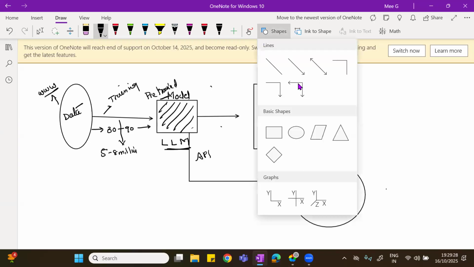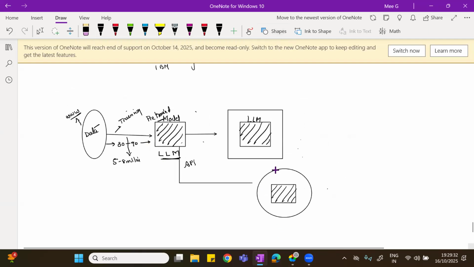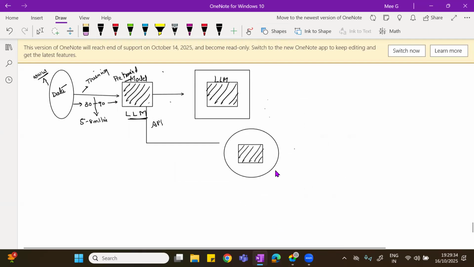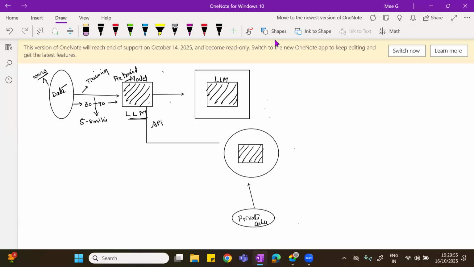Let's say this is my private data, my customer data or client data. I want to give this data to the LLM. Remember, I'm getting this to my local system. Then I will give this data to the LLM.